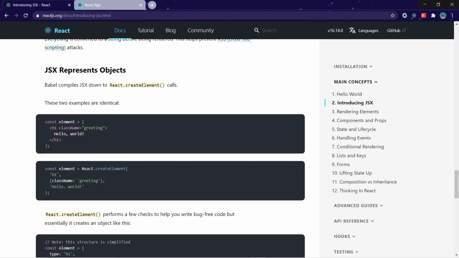Right now it is not complex, it is looking simple, but let's say we are nesting a lot of HTML tags inside it. We are creating a lot of children inside this h1 tag, then this particular syntax will become more complex. So that's why JSX is introduced to help you write user interface in an easy manner.